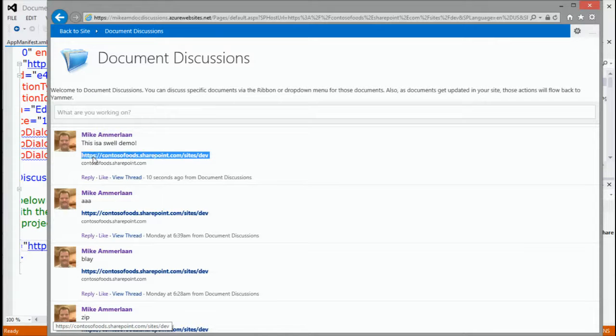What I've done here in particular is target this to a particular Open Graph entity. One of the things I wanted to do was have a way to discuss on the SharePoint site in general and have discussions that are focused for this particular team on their site. So I'm taking the team site URL here, contosofoods.sharepoint.com/site/dev, and using that as my Open Graph identifier so that conversations we have in the context of the site get organized through that Open Graph ID. And of course, we'll talk more about Open Graph, but you can essentially see this is where